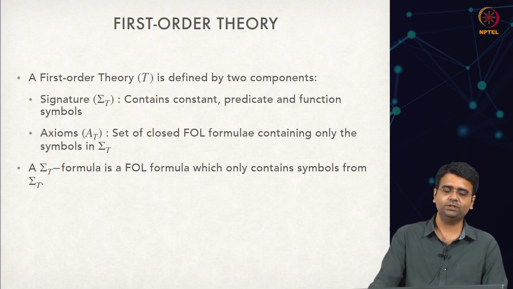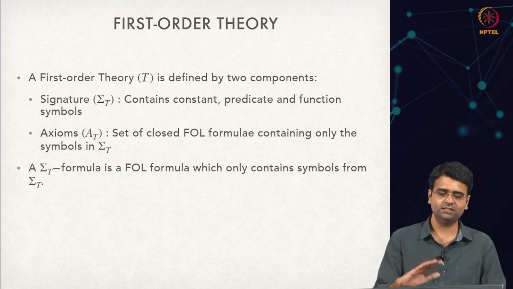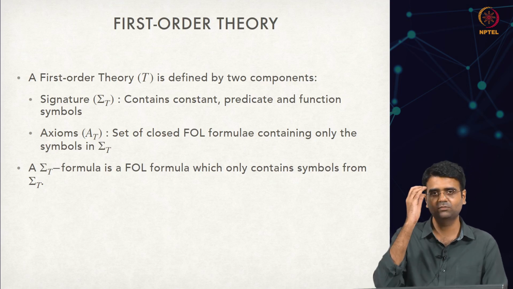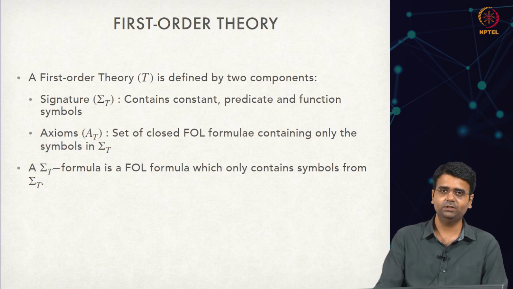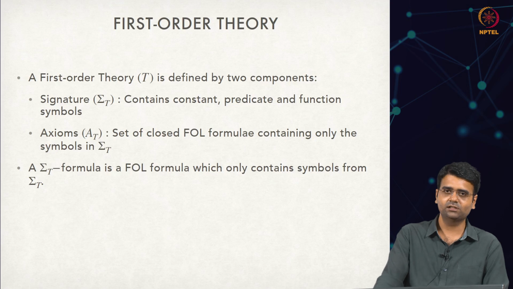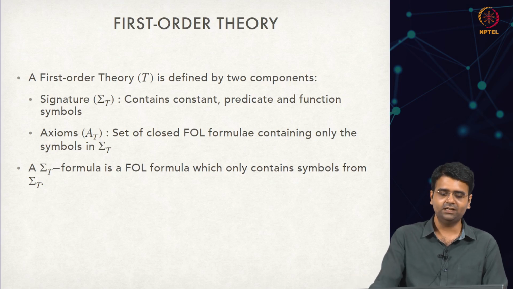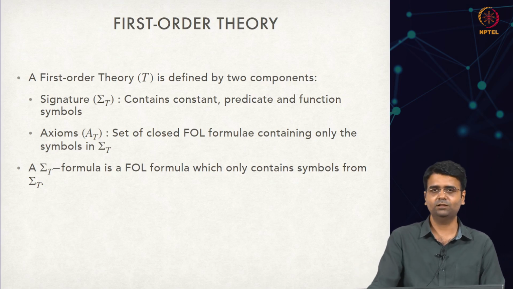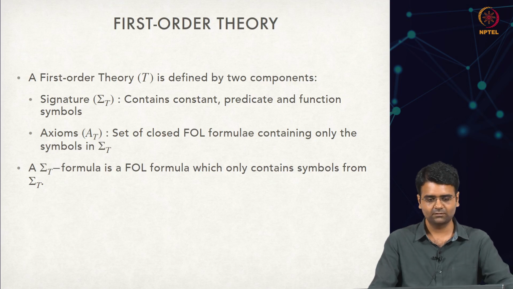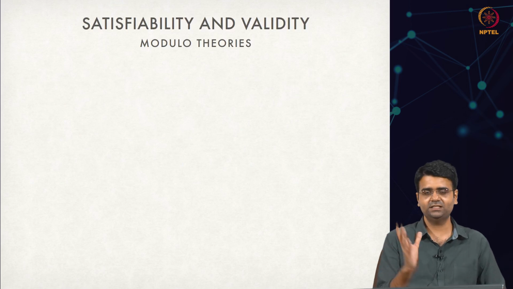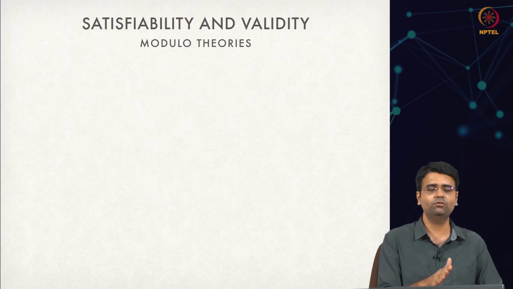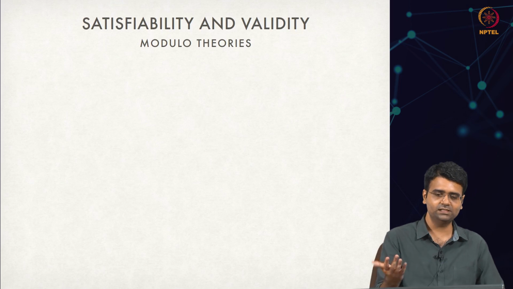So now given a theory, which is a signature and a set of axioms, you can now construct other formulas which only contain the symbols from the theory. So we say that a sigma T formula is another FOL formula which only contains symbols from the signature sigma T. Okay. So once you have defined this theory, which is just a set of symbols and a set of formulas which give meaning to those symbols,